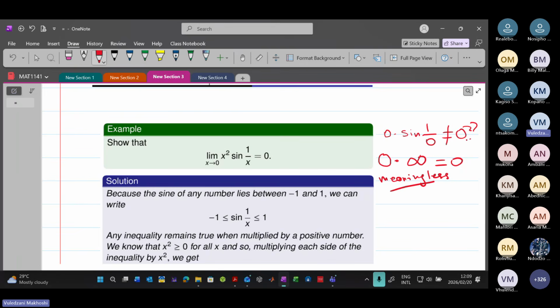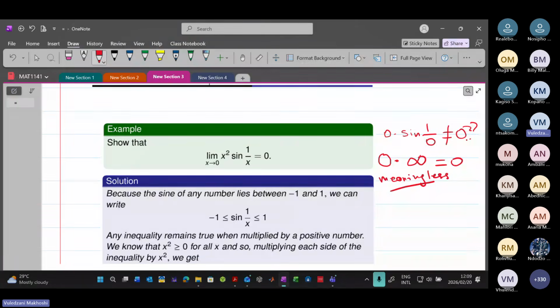Okay, we will explain as we move on. But for now, just take it that it is meaningless to say 0 times infinity is equal to 0. So in this case, we note that we are unable to evaluate this limit directly, but we make use of